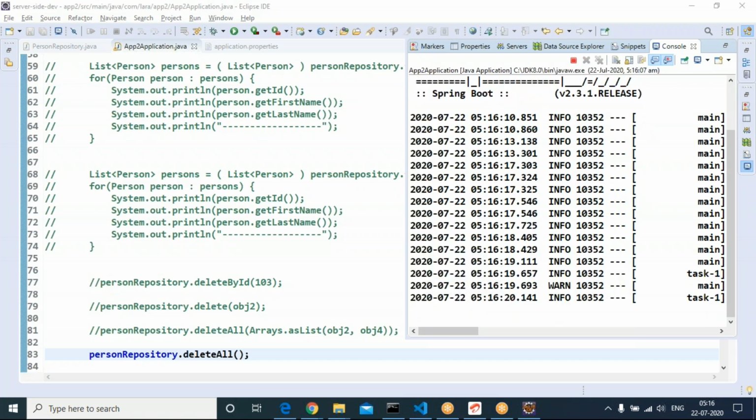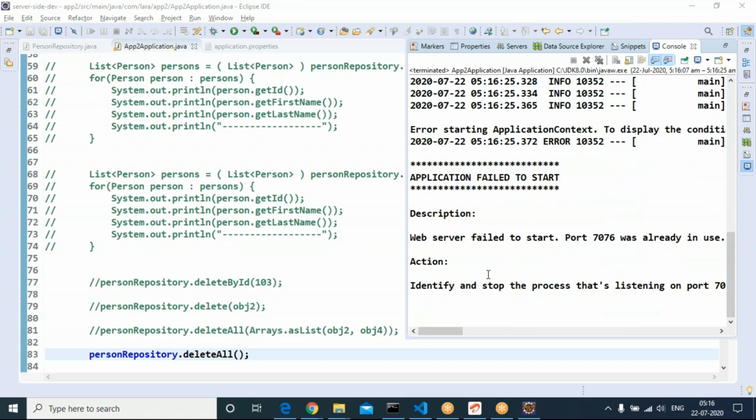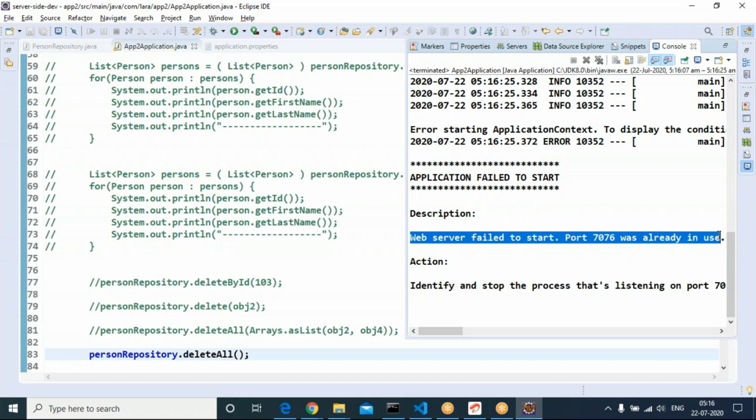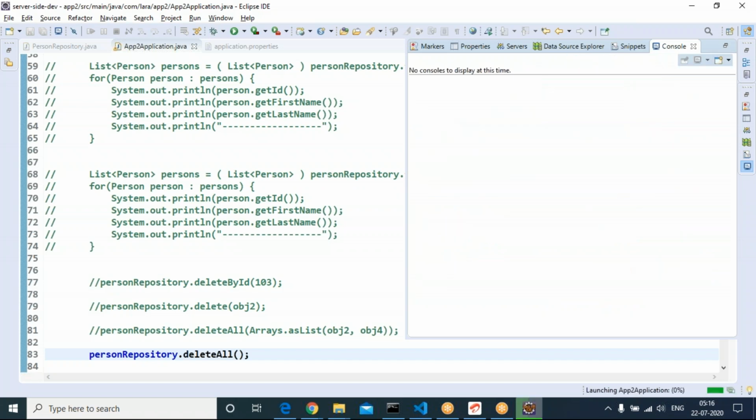If it is not stopped, we will be getting this very common error: Web server failed to start, port was already in use. If you are getting this type of error, check whether it is already started or not. You can click on top of this console button. Yes, it is already started. It's not stopped. Stop it, then run it.